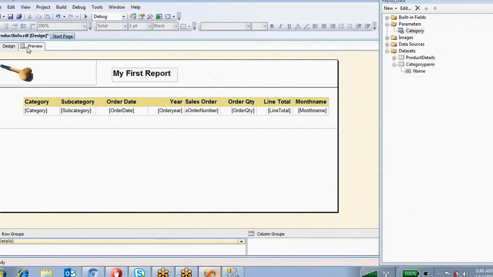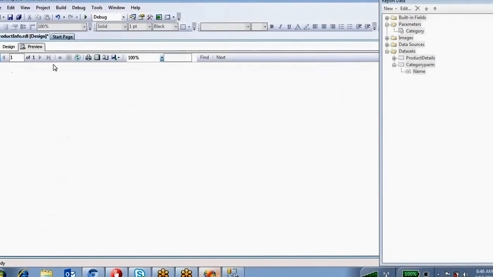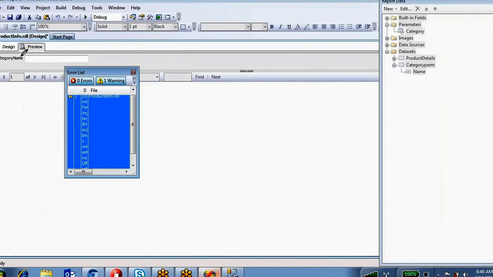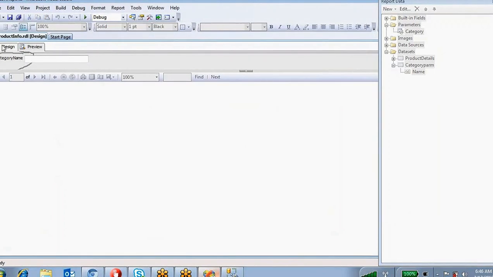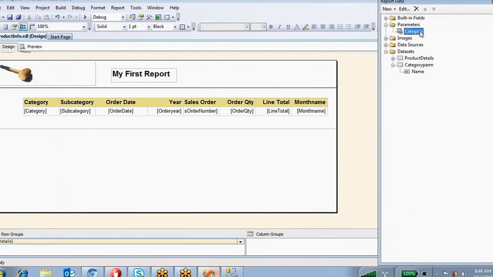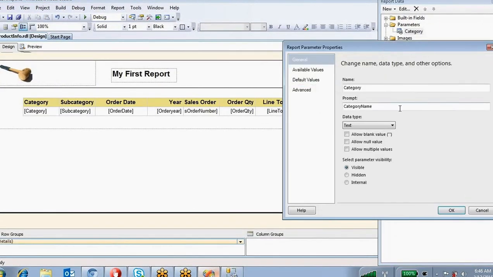If you see here, the prompt is this one, category name. Whatever prompt you have written, that will come here. So what kind of data type are you passing as a value? The category name value is a string value: bikes, clothing, components.